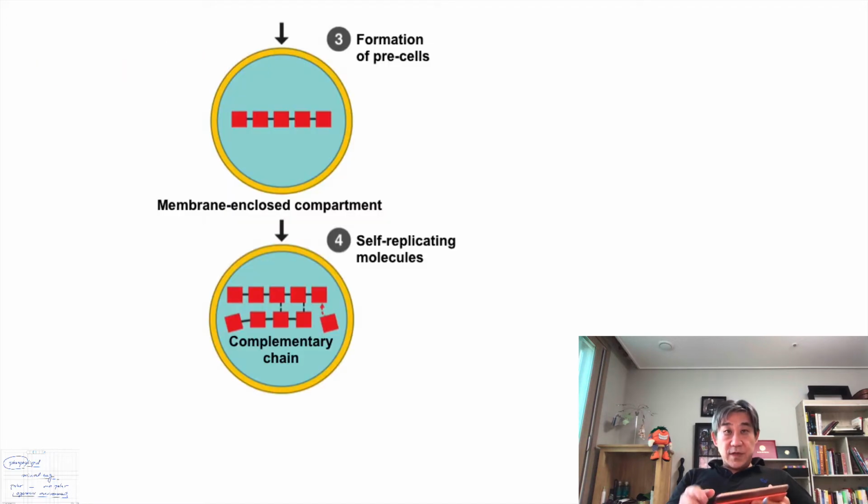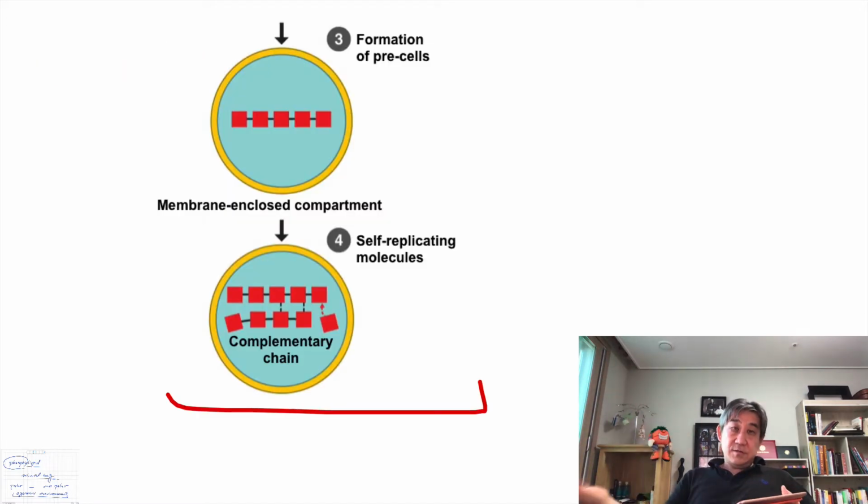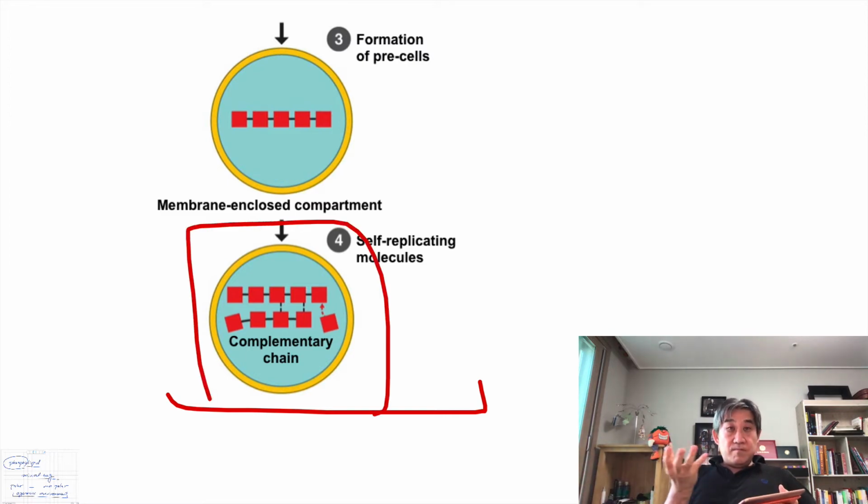So that's the end of this chemical evolution. Once you successfully reach this point, then you succeeded in creating a new cell, even if it is an incomplete pre-cell, but that's also as good as a cell. Then you can start a new horizon from then on. So that's the end of the story for the chemical evolution.